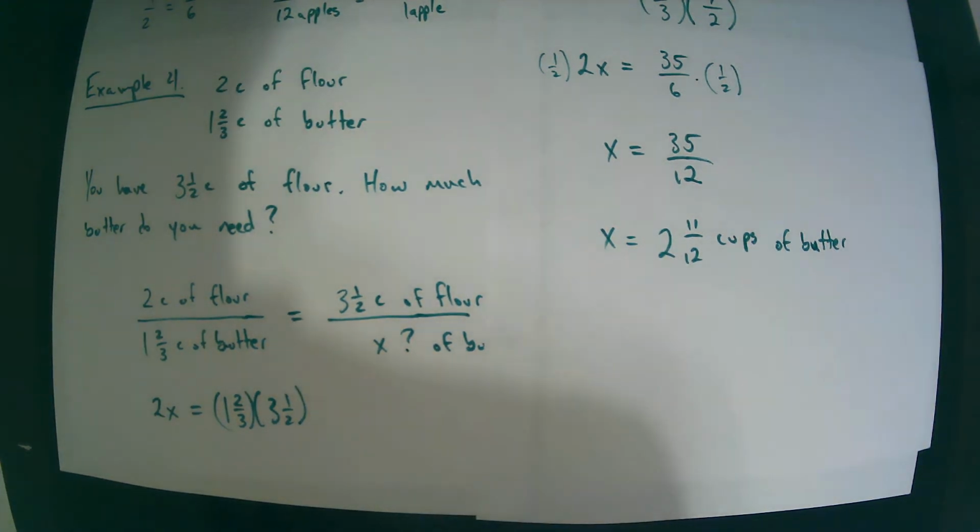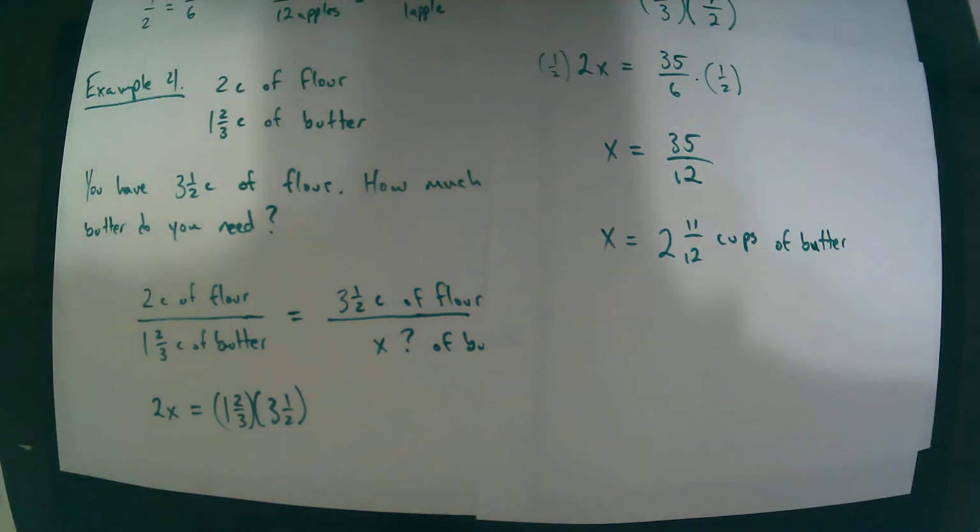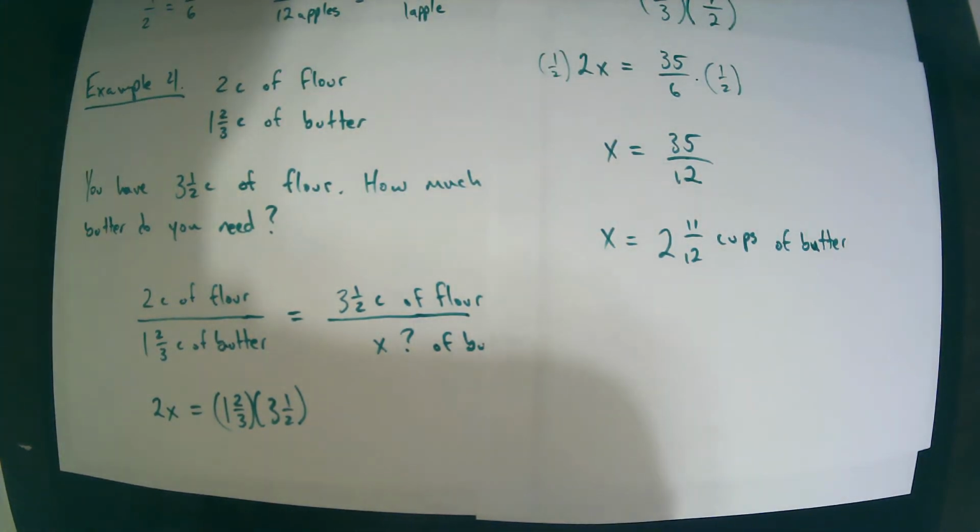2 11/12. Now, in the real world, you would kind of be in trouble here, because most measuring cups don't go to the 12th place, right? The smallest they go is maybe a quarter, maybe a sixth if you have that. So you would have to do a little bit of estimating here. You'd probably